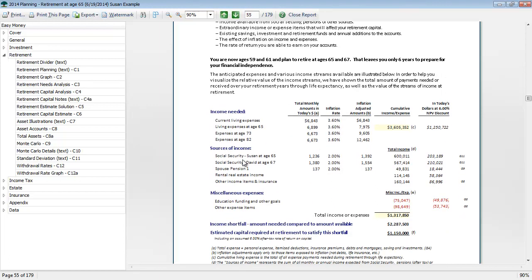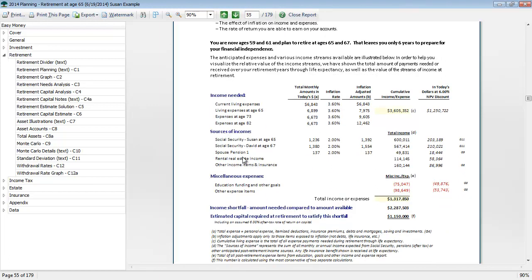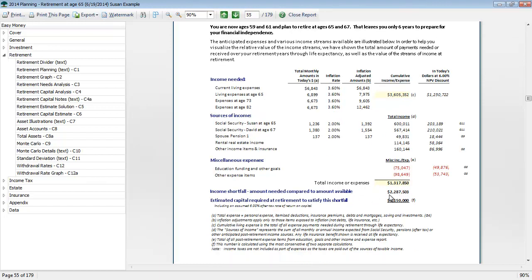So the retirement needs analysis is going to display the client's total income needed to cover their expenses from retirement to life expectancy, and it's going to compare that to the total income streams available from retirement to life expectancy, which help offset the spending need. So total expenses less income derive the income shortfall. This is essentially the amount of spending that will exceed their income sources from items like pension and Social Security. The last line of this report is the estimated capital required